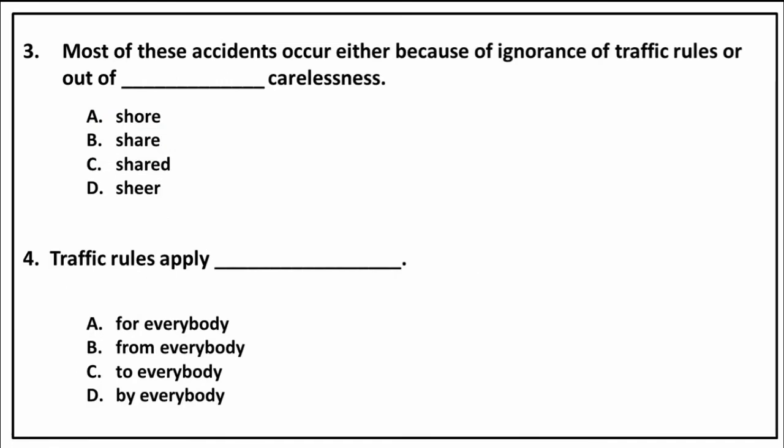Okay, the third one. Most of these accidents occur either because of ignorance of traffic rules or out of dash carelessness. In the passage, it is written show carelessness. This thing, the first one, is written in the passage. Now you see that shore is not correct, because shore means the beach, the bank of something, of a river or ocean or something. Like you see offshore companies,